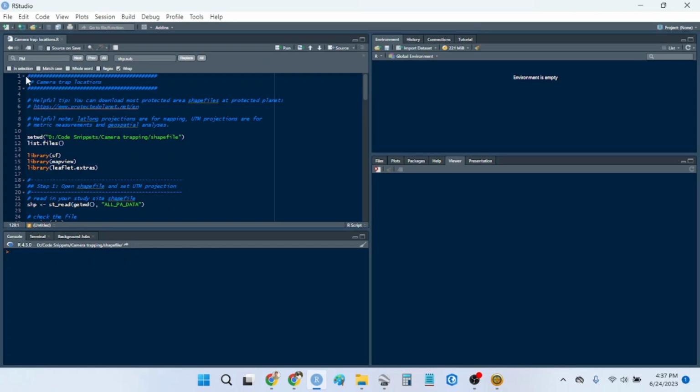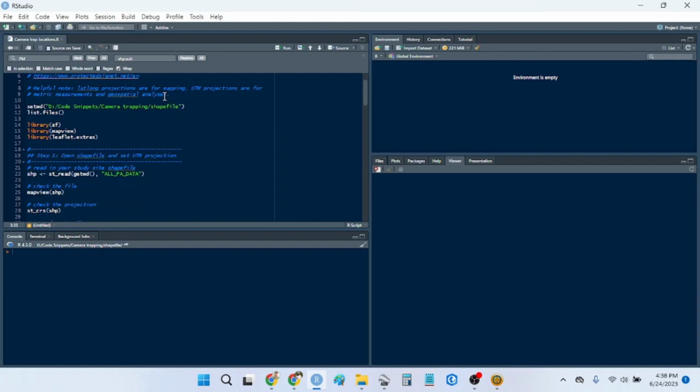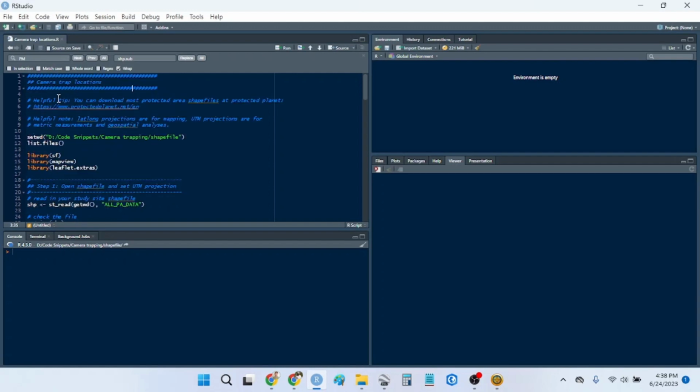So I decided to make a tutorial on how to establish camera trap locations using R and going through the process of different methods to establish the waypoints and then export them into GPX format. So this is something that conservation practitioners and wildlife monitoring researchers will definitely need to do at some point in time. So I tried to put all of the resources together in this one code, which I'll put on my